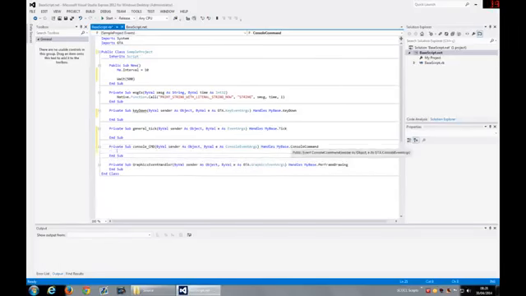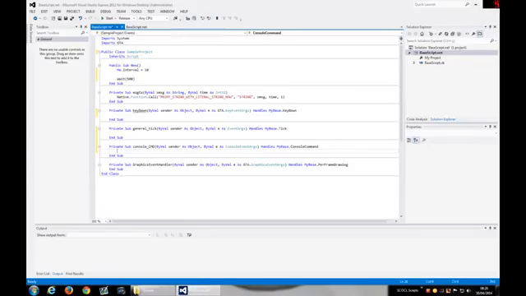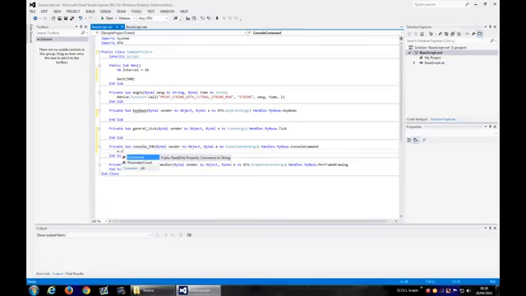The console command is an event that will be triggered when the user inputs a command on the console, and using this variable here we can access the commands that the user inserted. Using the parameter we can access the parameter that the user inserted. For example, if he puts teleport in the console, or teleport 1, teleport will be the command, 1 will be the parameter, the first parameter.